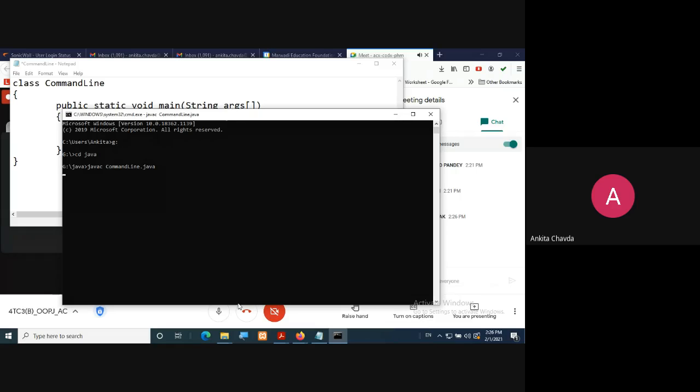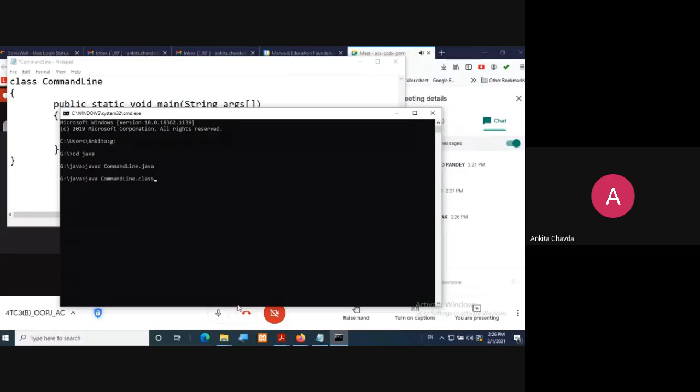First time it will take some time, so have some patience. Then we run this program, java command line.